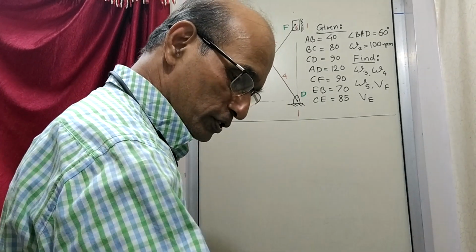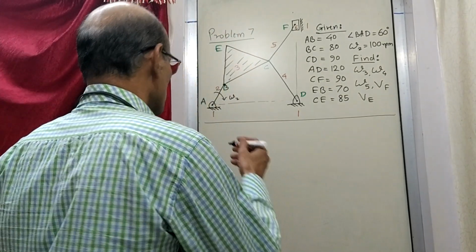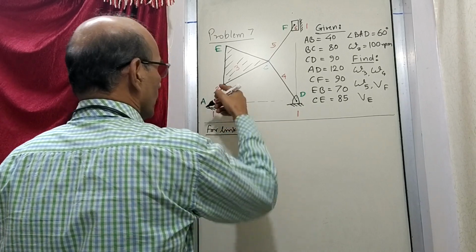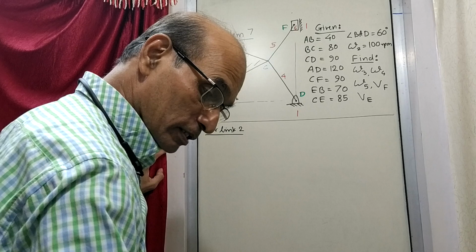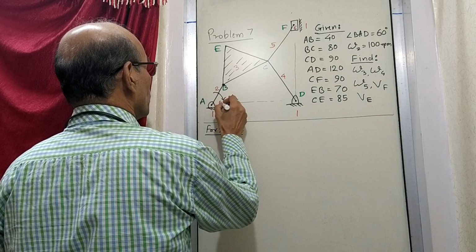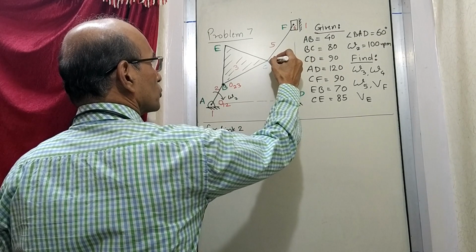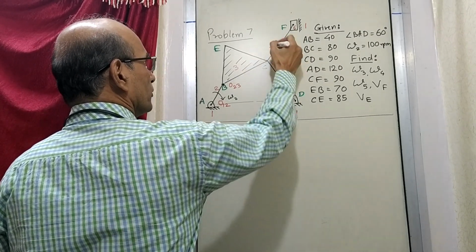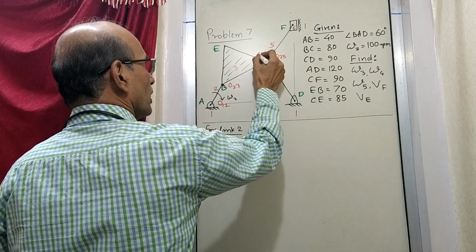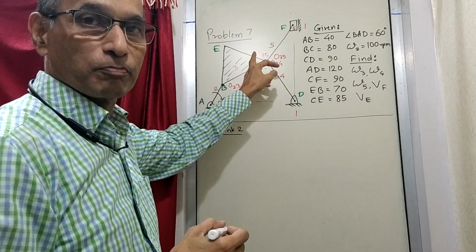So to begin with, we start with link number 2. In fact, we need to know the centers first. So let me put the centers here. As you know, this is going to be O12, this is going to be O23, 3 with 4, so this is O34, 3 with 5, so the same center is also called 35, 4 with 5, so this is also called O45. So all these three centers are at one place, that is point C.